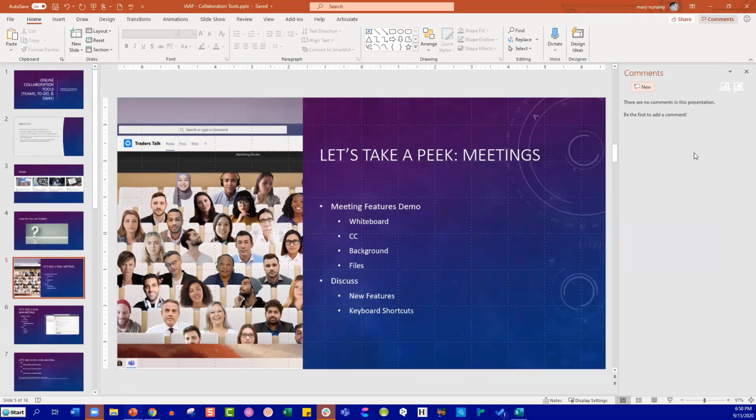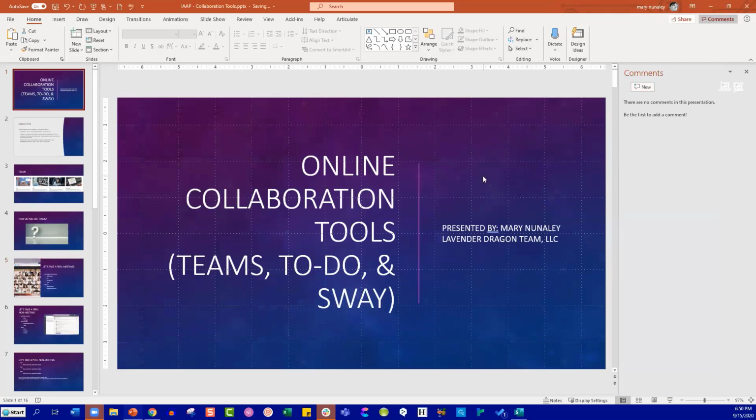And then with comments, you can also leave comments specific to a slide, specific to a section of text in a Word document. So I can insert a new comment, and the little comment box appears up here. So if I shared this with several of you and said, hey, can you please take a look at my presentation? Does it flow correctly? Are there any typos? You could go in and leave some comments, and then when I get logged in the next time, I would see that comment. I can either resolve it or I can reply to it. And this works in Word, PowerPoint, Excel. So if you've got those features turned on, it's a great way to do documents back and forth.